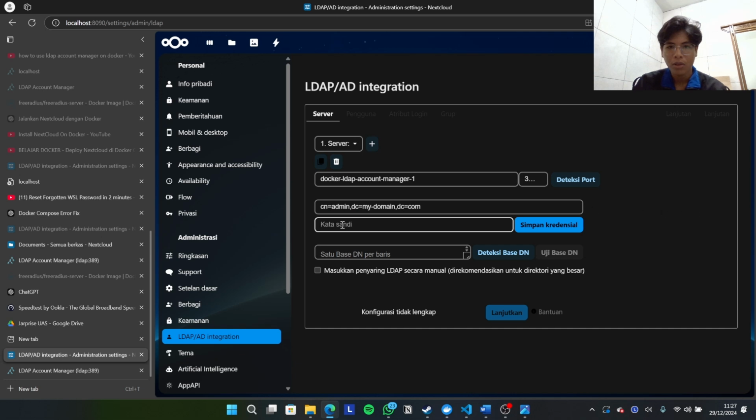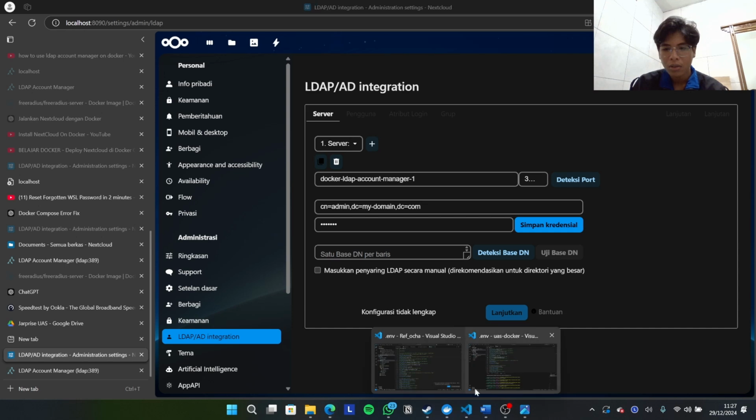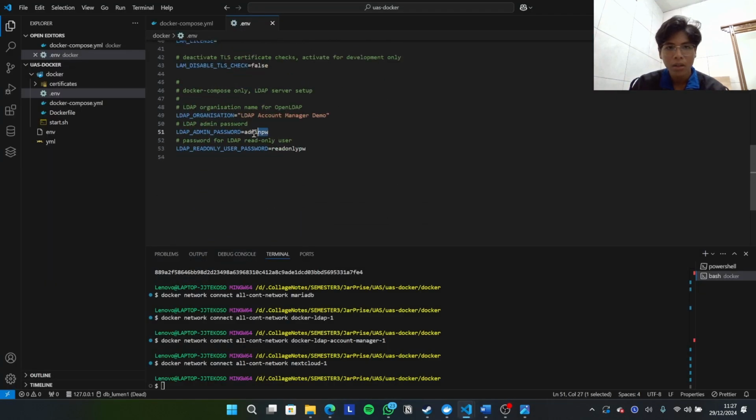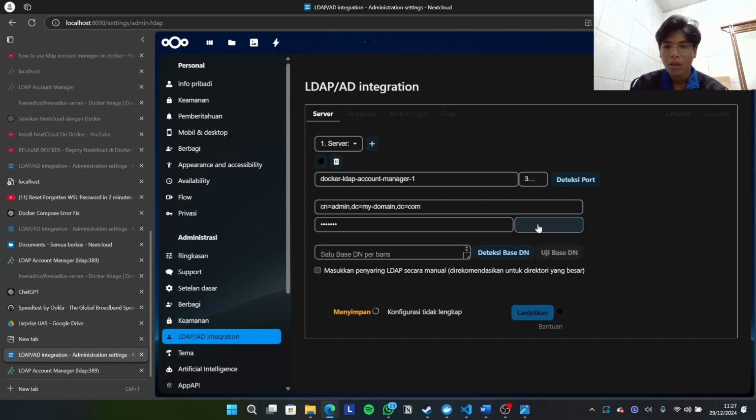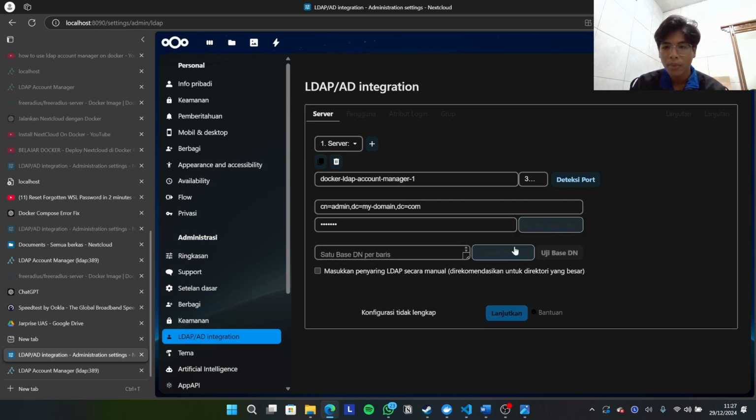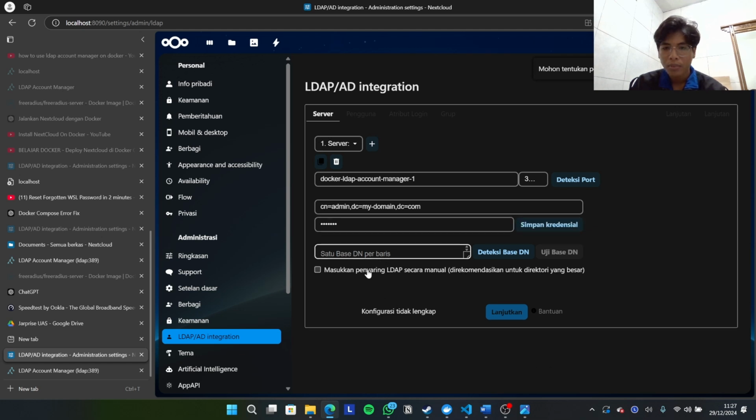And for the password, hold on. You can use the admin password. You can check again on the env file here, admin password, sorry, and click save. So you save it, just copy this one and click.